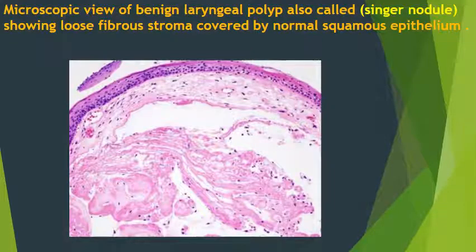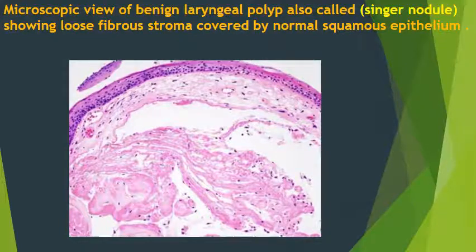This is a microscopic view of the benign laryngeal polyp, also called singer's nodule. It's showing loose fibrous stroma. This is a fibrous tissue, loose fibrous stroma. This is a blood vessel, and this is a loose fibrous stroma